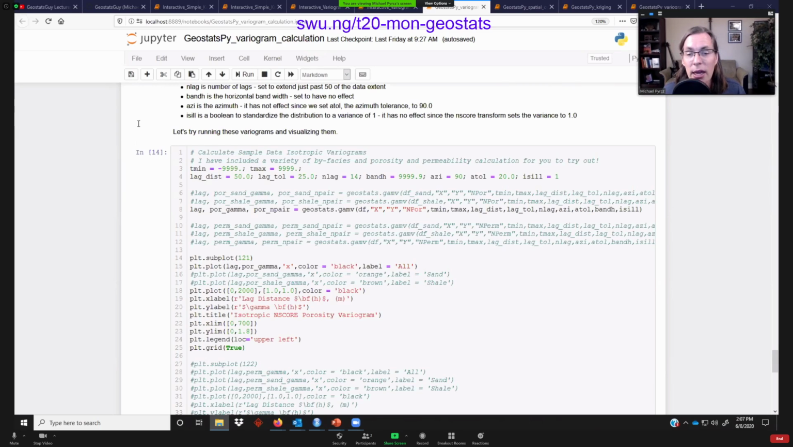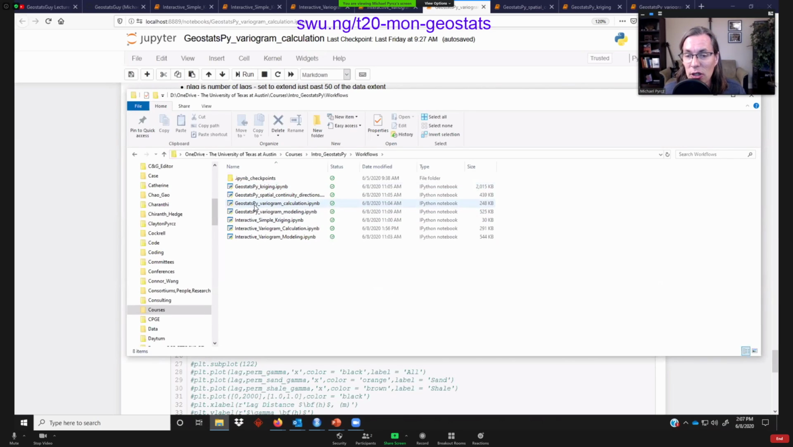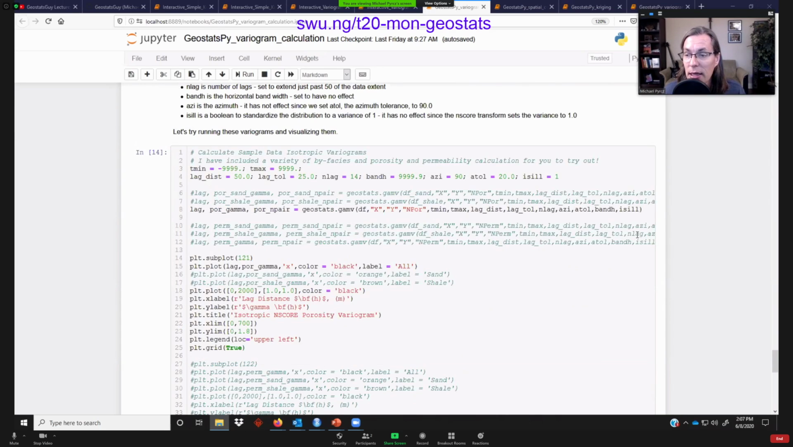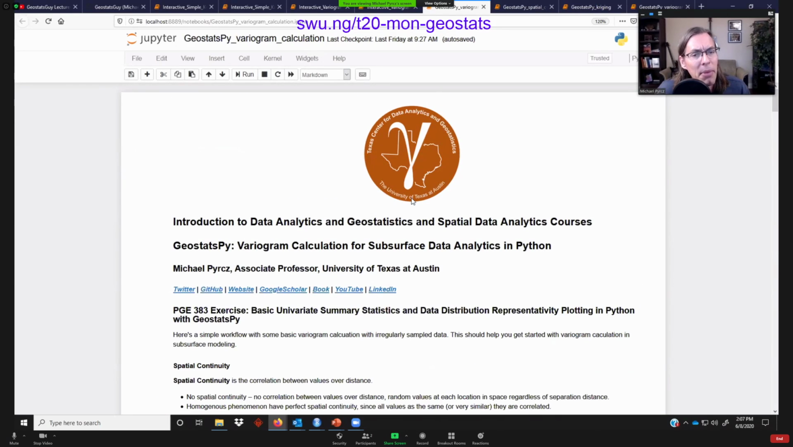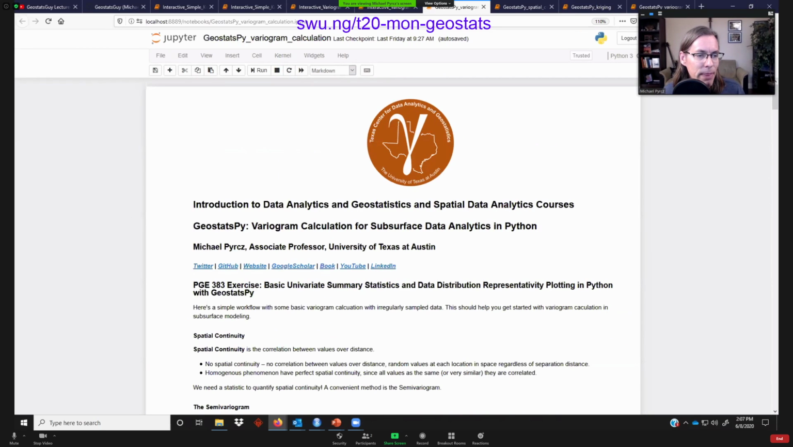Okay, so let's go ahead and open up the GeostatsPy variogram calculation. We'll walk through that pretty quickly, and we'll just see how variogram calculation can be done in a more robust, rigorous workflow for understanding spatial data and for doing spatial data analytics. Okay, so if you open up that workflow, and I hope this font is good, let me know if you need a larger or smaller font. If you open up this workflow, what you're going to see,